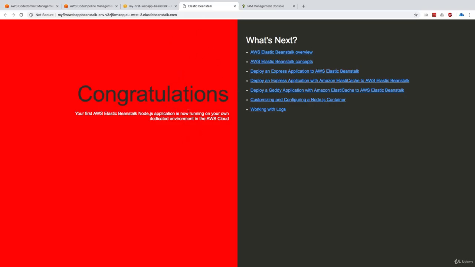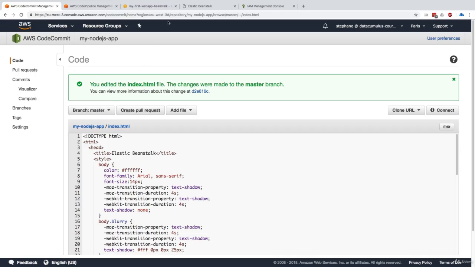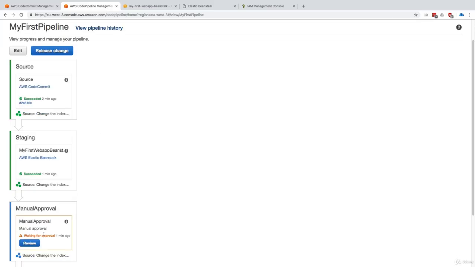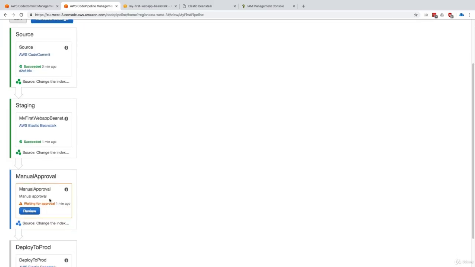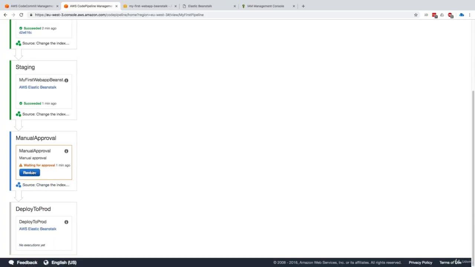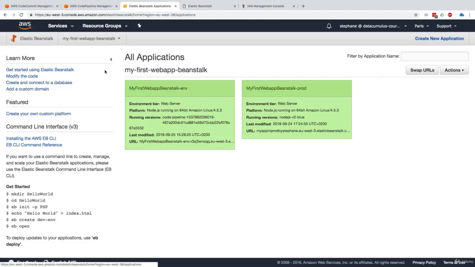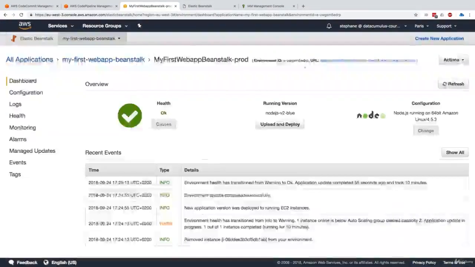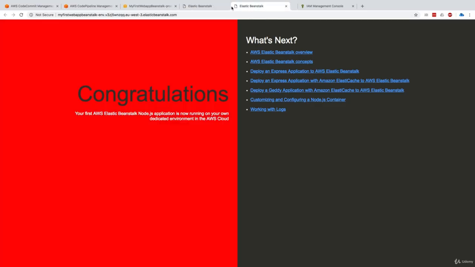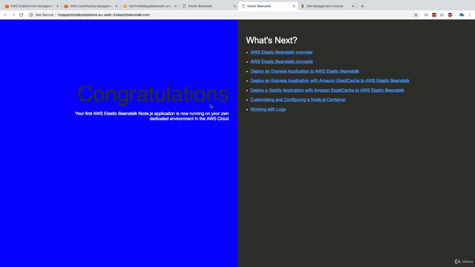So everything worked great. The application really got deployed all the way from the code change right here, all the way to my Elastic Beanstalk, which is quite awesome. Now what we can see though is that now there is a manual approval that is waiting, and I have to review it. And basically when I do my manual approval, it will go ahead and deploy to prod. So let's have a look at prod very quickly just to make sure things are all right. So we click on prod and open a new tab, and this is prod is blue. So our dev environment is red and prod is blue.